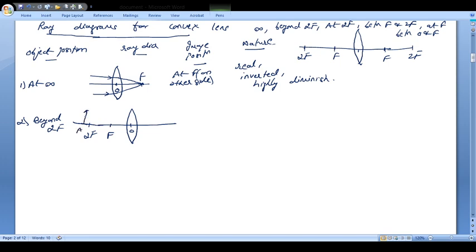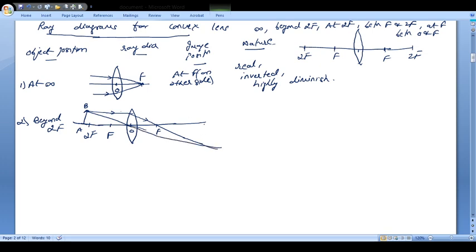Now in this case you make your object a little bit bigger, because we will find that the image will be formed between F and 2F, and it is going to be smaller. One ray parallel to the principal axis will pass through the focus. So this is the focus. Now see at this distance, OF and OF on the other side, they are approximately the same. Another ray which we can take, passing through O, will go undeviated. So we can have a ray from here, it will go up straight like this.